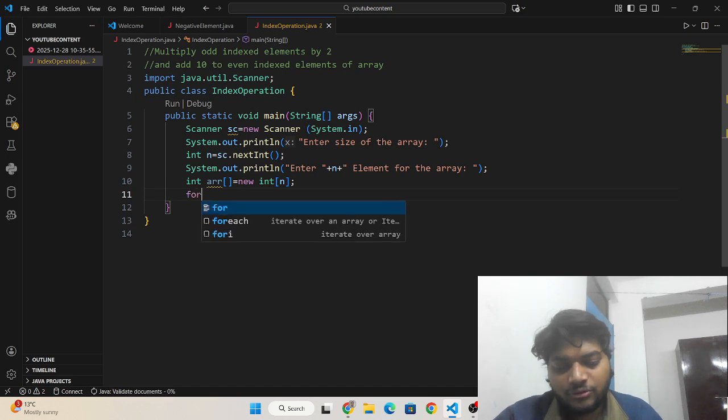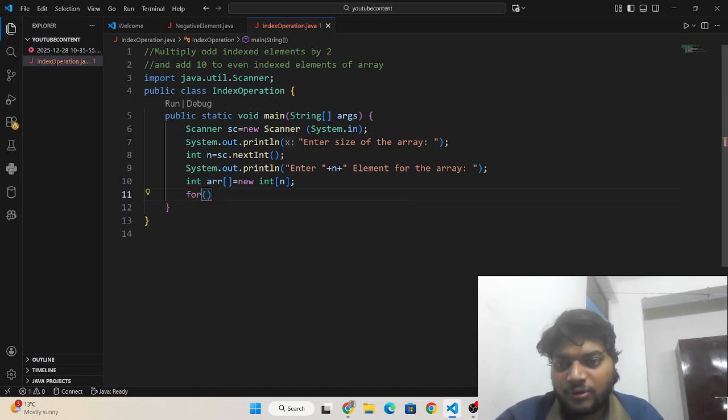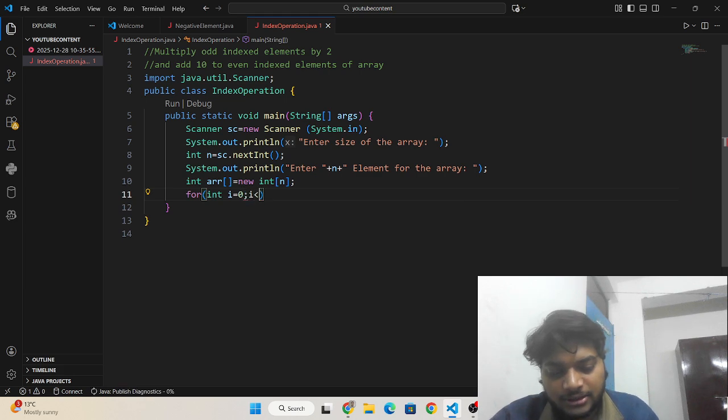Now I'm going to run a for loop to take all user input. So I need to write here for int i is equals to 0, i less than n, and i plus plus.